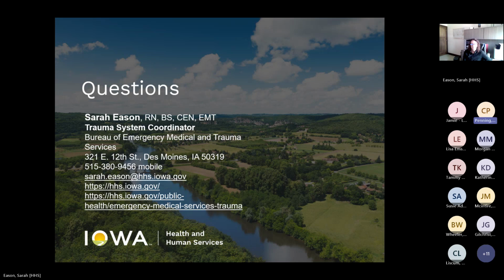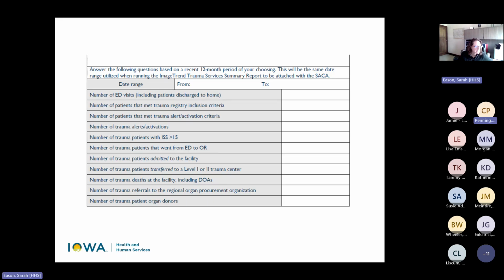Sarah, I do have one more question. You bet, Cam, go ahead. When we were looking at the organ donors, it says number of trauma patient organ donors. You are asking there for any trauma patients that donated their organs, not that they're registered organ donors. Correct. And if you can get that out of IDN, because I remember trying to track that down myself, it was really, really hard because they don't tell you who the patients are, right? So it's really hard if you have a huge amount.